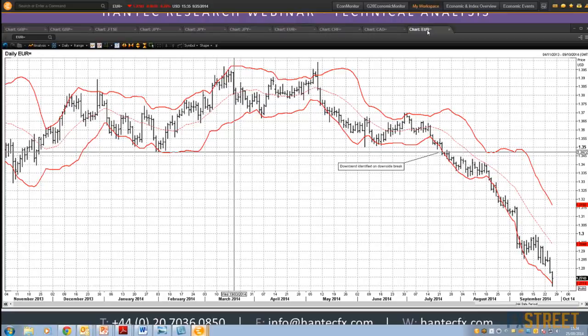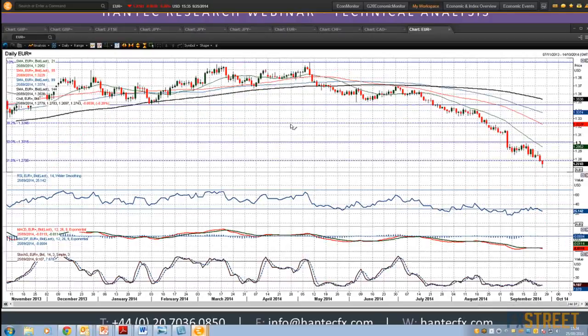So on the euro-dollar chart itself, I've got on my chart the RSI, the MACD lines, and the stochastics, moving averages across the board, and for those who were interested earlier, I've got my candlesticks. So what are we looking at here? Well, if I zoom in,